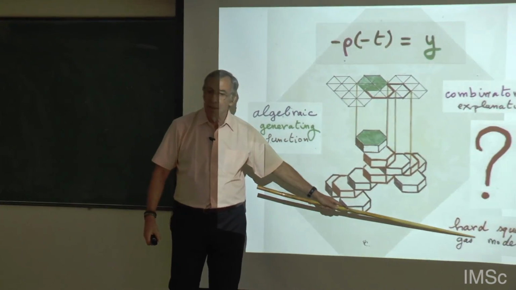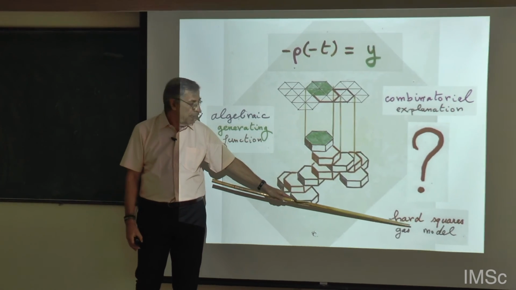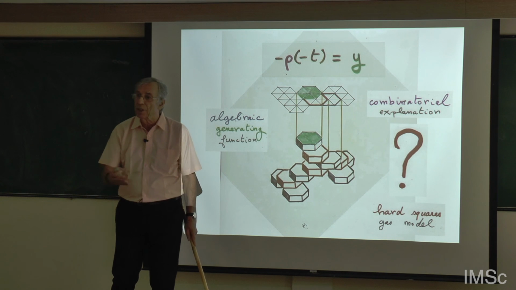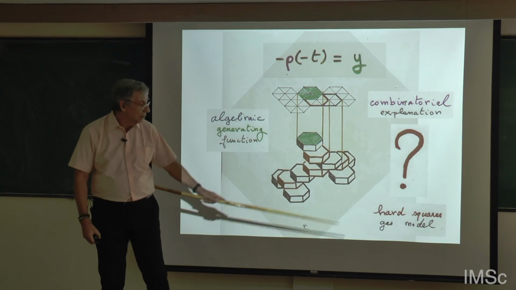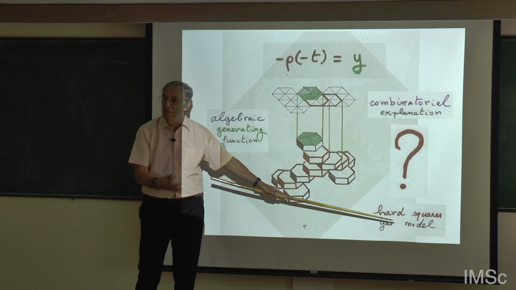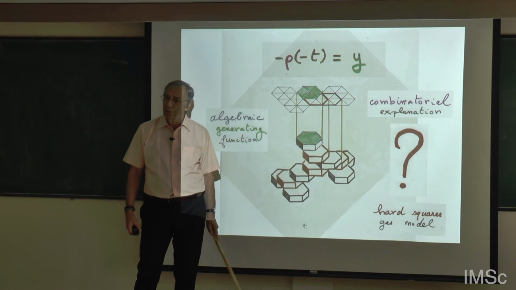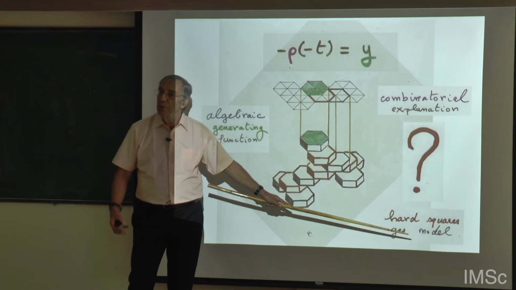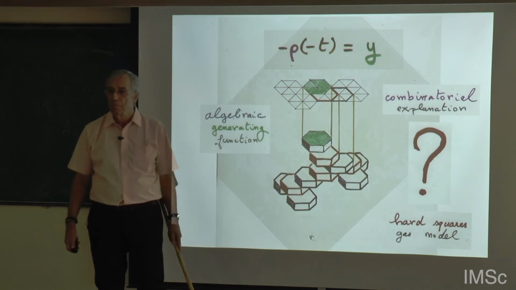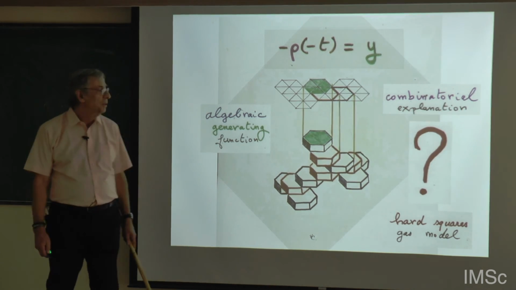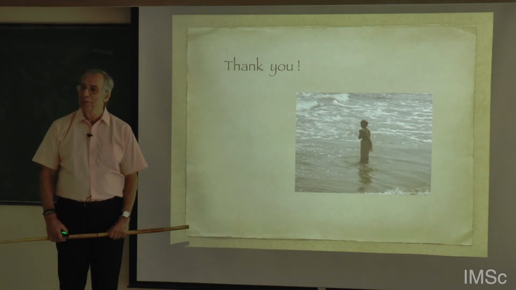Some students try, there is some program, to find the generating function, the first 50 terms, and try to guess that it is algebraic. But to my knowledge, nobody has succeeded. You need a lot of terms, too many terms to be able to compute. So no, we don't know if it's algebraic, and we have no explanation for this. So this is a beautiful open problem related again to Ramanujan. Thank you.